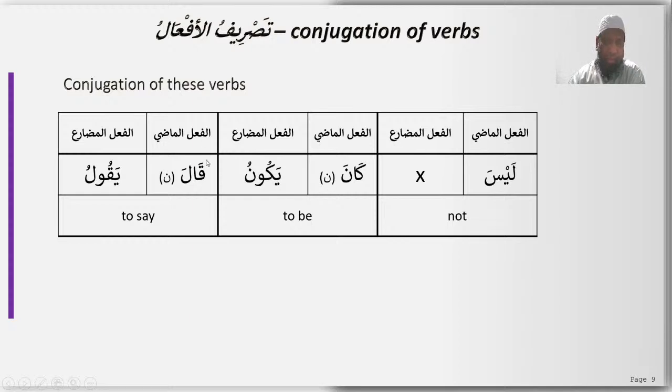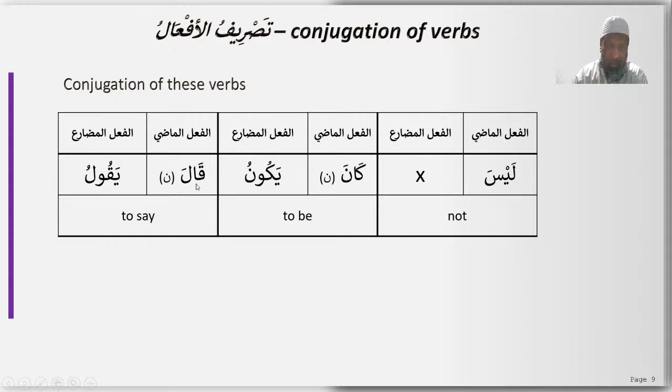Next, fi'l al-madi, qala. Again we see the alif in the middle, so we know it was changed from a harf illat, either changed from واو or changed from ya. So look at فعل مضارع يقول, the original letter comes back, which is the واو. Now we know the واو was changed